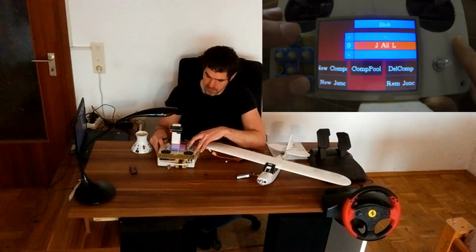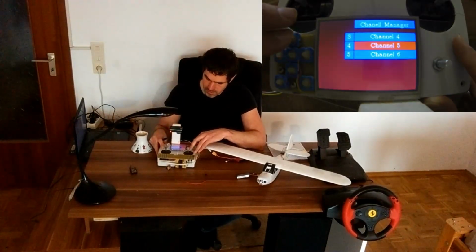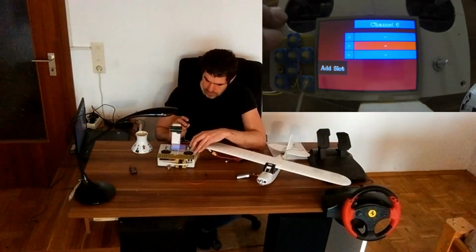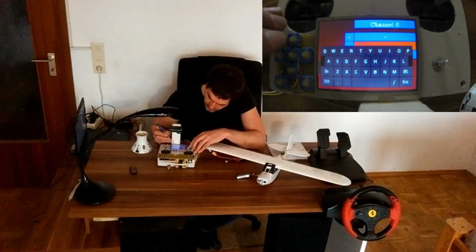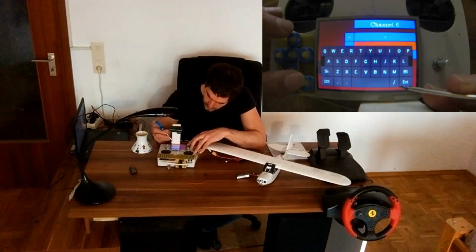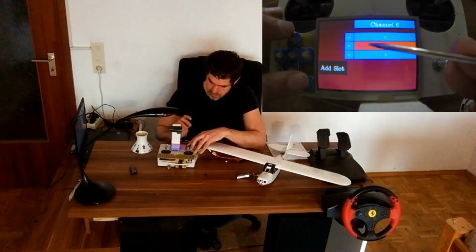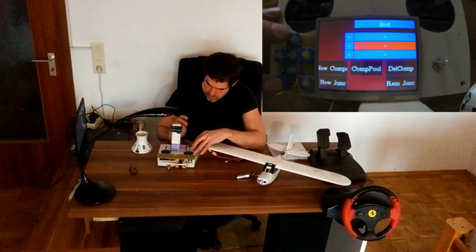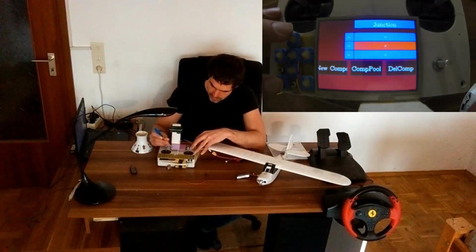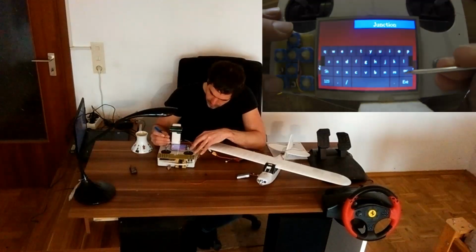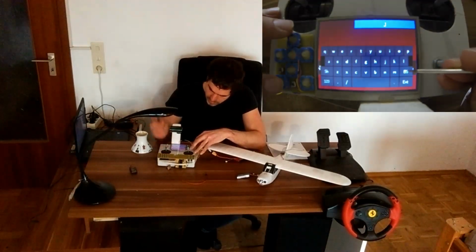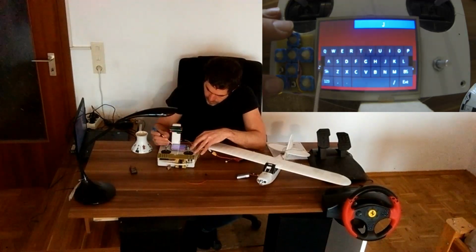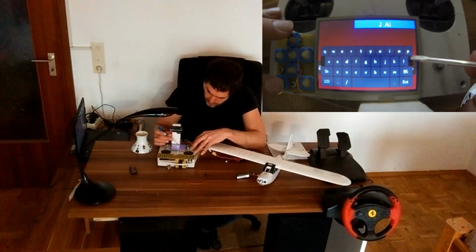We have done the left aileron. Now I'm going for the right aileron. I'm going to add another slot and the function, and I'm calling this the function aileron